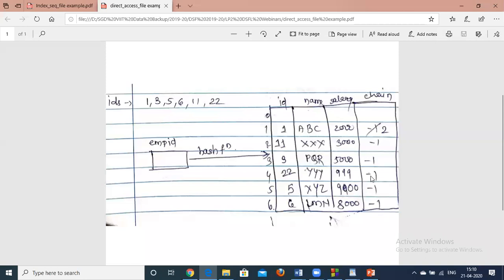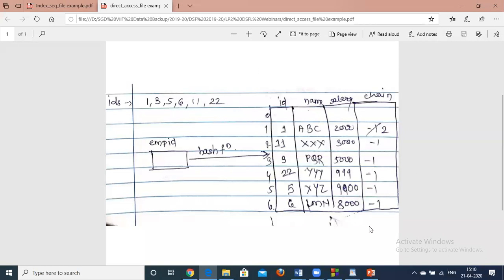So now I will start accessing this chain of 2 till the end of the chain, and compare here. So here the complexity of searching is between the number of its own chain elements, that is the number of synonyms, to big O of n. That is the searching complexity here.